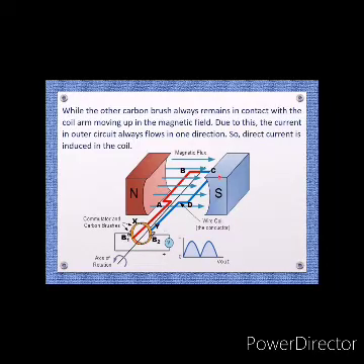Now here also we have a rectangular coil ABCD with two strong magnetic poles, that is the north and south poles of a horseshoe magnet. And then as the coil rotates, because of the induced electromotive force, that is EMF, the current is produced, and that current is measured or detected by the galvanometer.